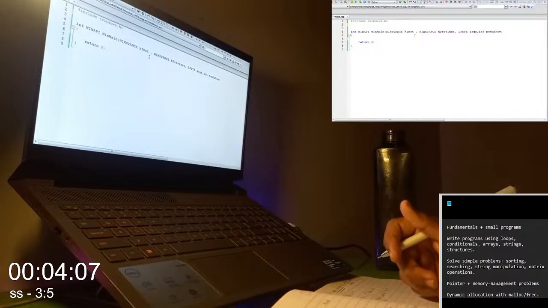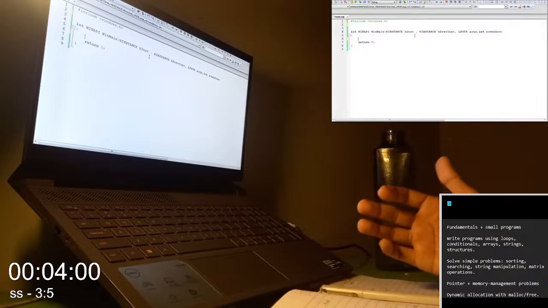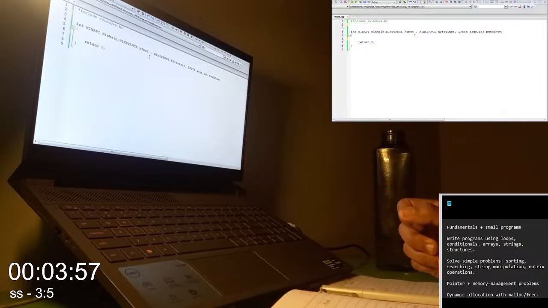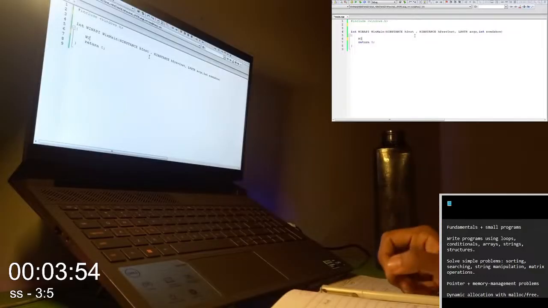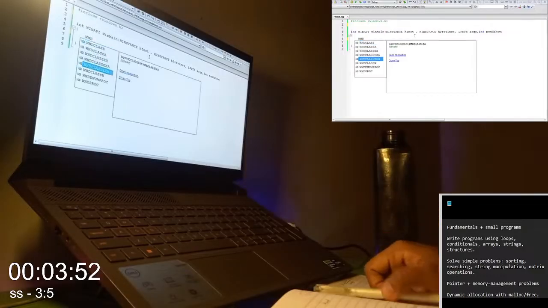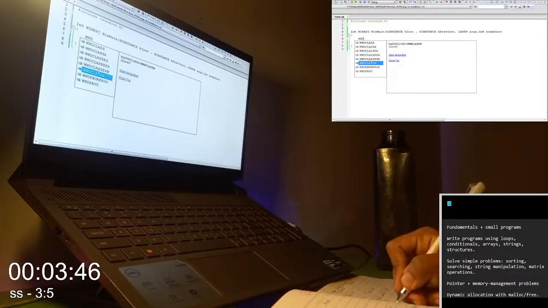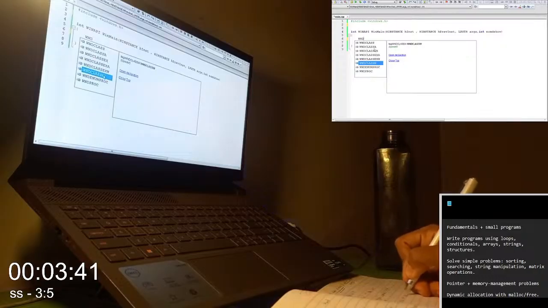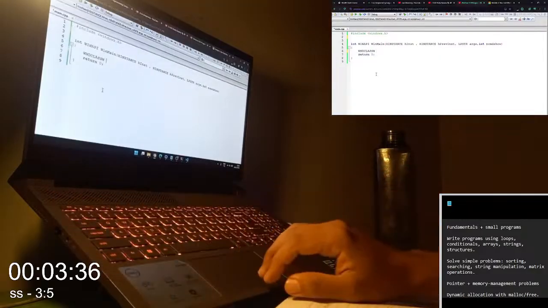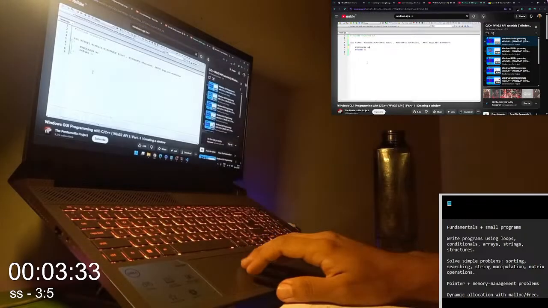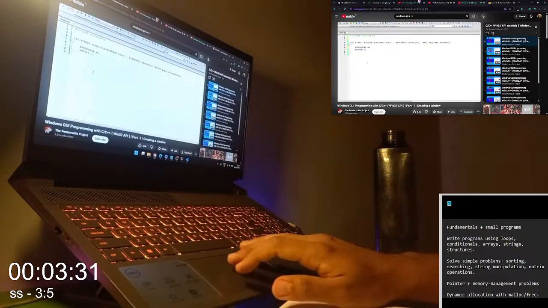A window is created from a registered window class. So we'll first create a window class that holds the data for the window, and then we'll register the window class, and then we can create multiple windows from that class. To create a window class, you first need to define the structure WNDCLASS. There are various variants, but the one we're going to use is WNDCLASSW. You can look up the documentation of the Win32 API and check what the others are for, but the one we're going to use here is this one. Let's define a variable for this, and this is a structure, so we need to assign